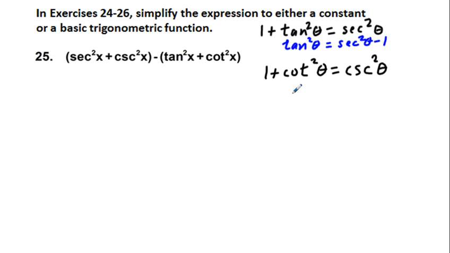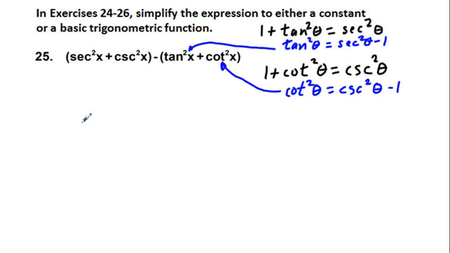minus 1. And if we solve the bottom one here for cotangent squared theta, we get cotangent squared theta equals cosecant squared theta minus 1. So we just subtracted 1 from both sides of each of these equations. And now we can replace tangent squared x here and cotangent squared x here. And so rewriting,